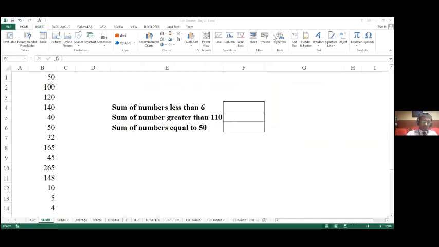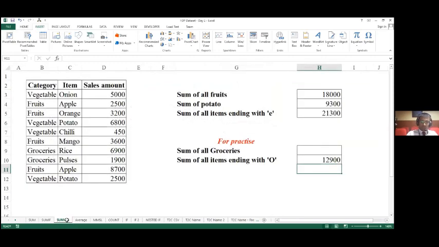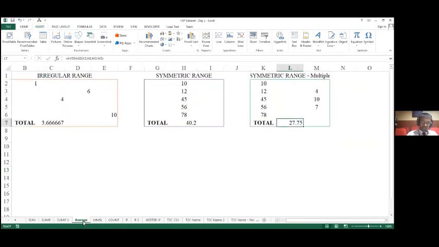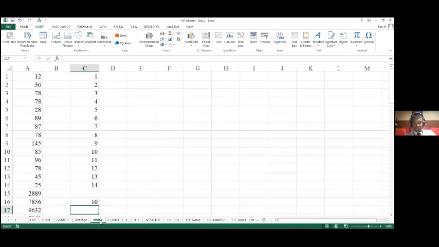We also learned how to apply SUMIF with complex criteria, like when we want summation carried out for a specific item or series, or when certain alphabetical criteria must be fulfilled. We learned the functionality of average, and how to apply it in the case of irregular, symmetrical, and multiple series. Then we learned minimum, maximum, small, and large.